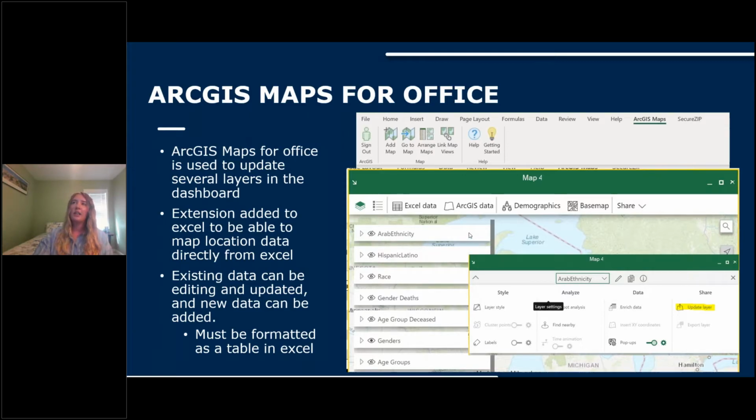If you're using the application and you hover over the layer, a settings gear will pop up. When you select that, you'll get this pop-up here. There you can rename it to show the name in the map itself. You can change the symbology, create labels, and do some minor analysis. When you're ready, you'll hit the update layer button on the side. It'll open up a new window, and from there you'll name it, you'll tag it, you can add a summary. From there you can choose how you're going to share it as well.